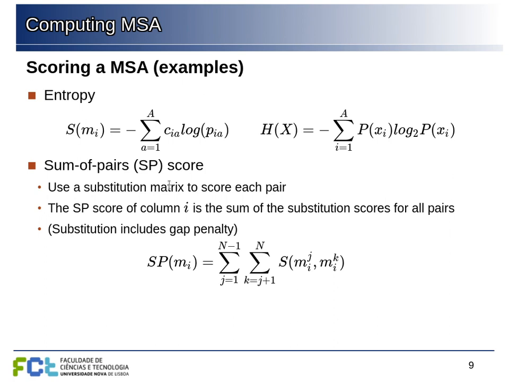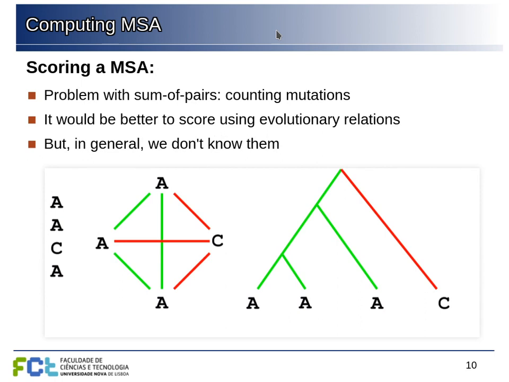A more common approach to scoring multiple sequence alignments is to extend the same approach we used for aligning two sequences, which is to use a substitution matrix to score the matches, but we do this for all the pairs. So basically we are looking at all the combinations of lines in our multiple sequence alignment, and we are computing the score for all the possible pairs of sequences. There is one problem with this,